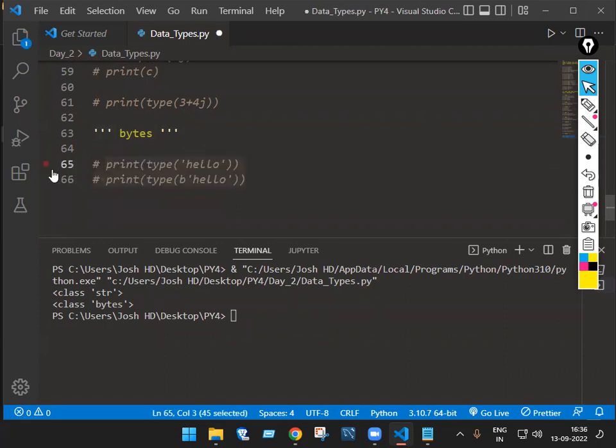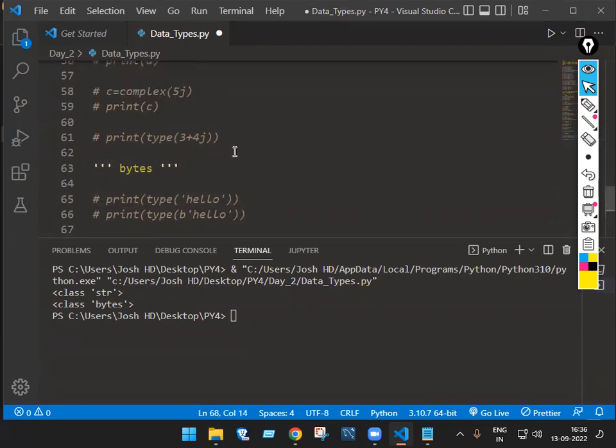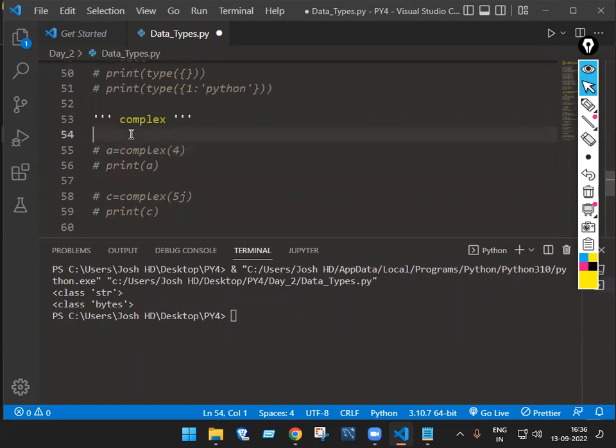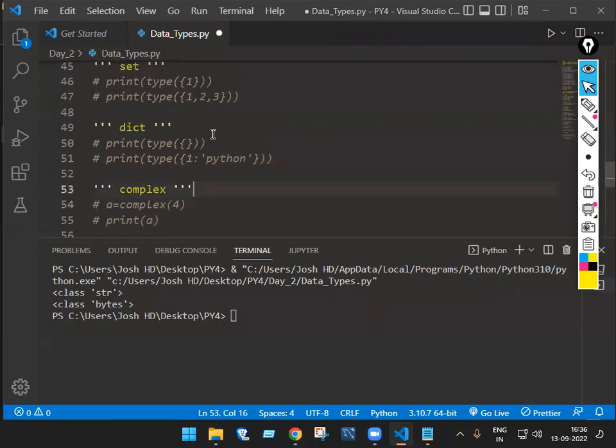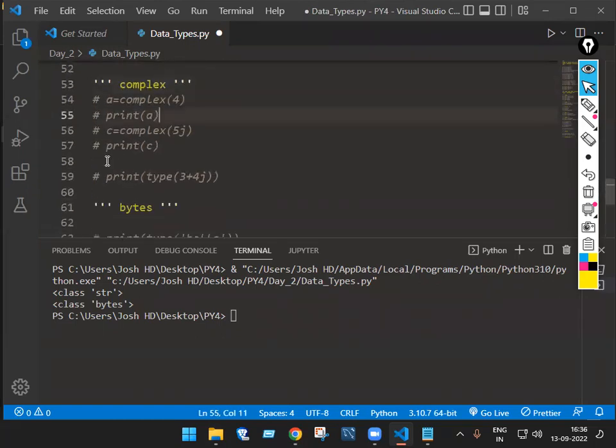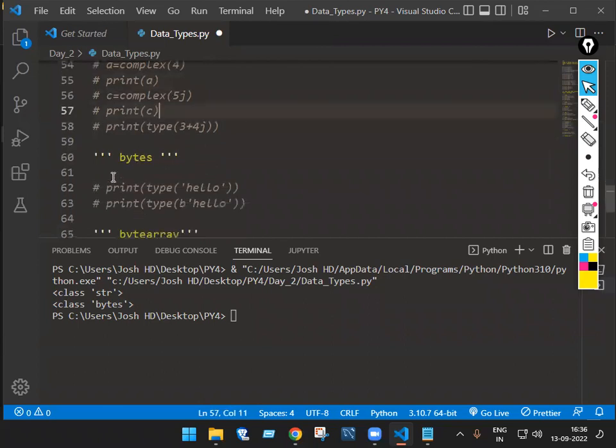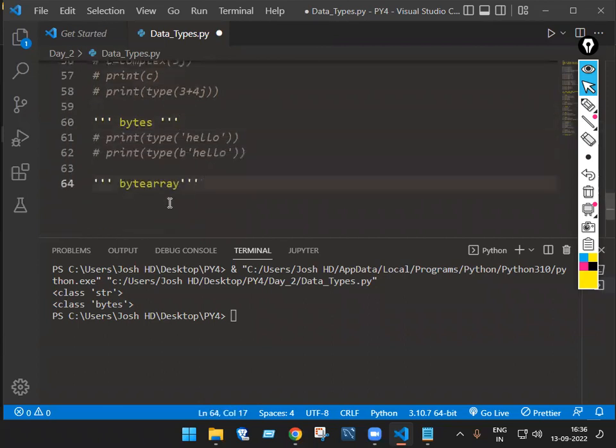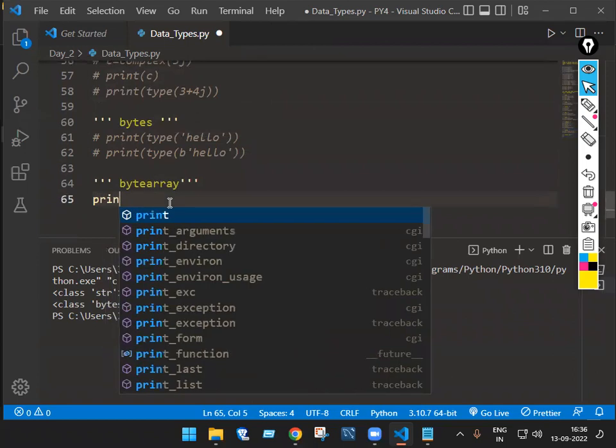We have one more called what? Byte array. Called what? Byte array. Okay, next is what? The byte array. But how? See, a print type of